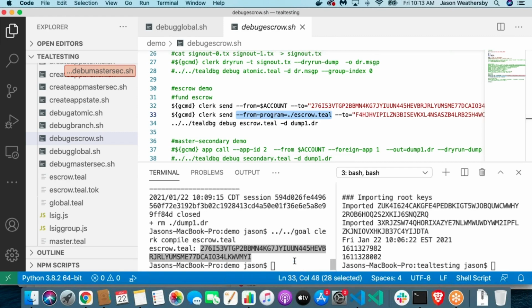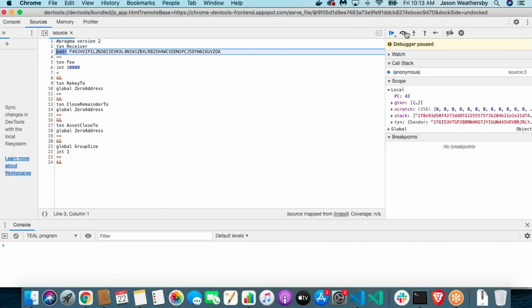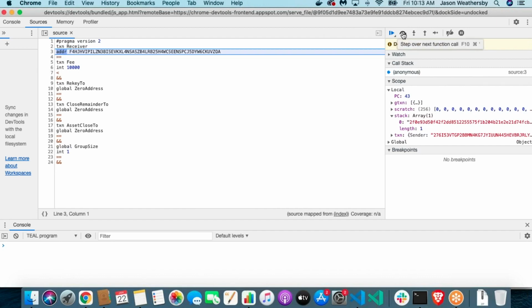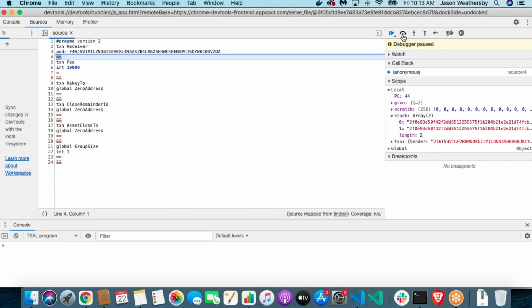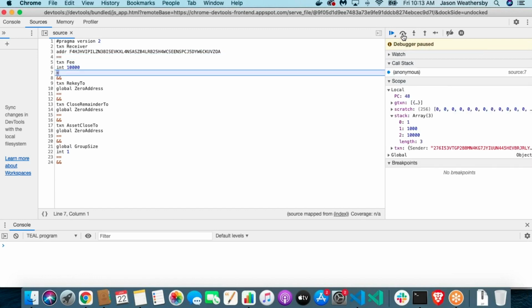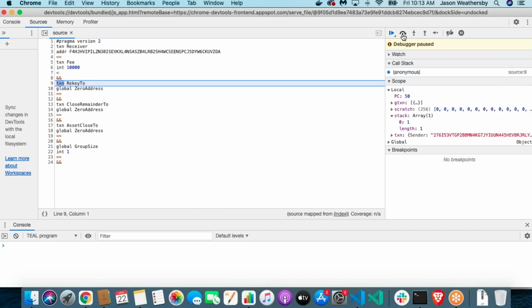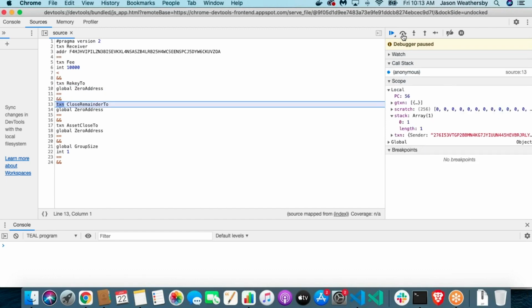So let's run that. All right, and you'll see here, this is evaluating. Now, keep in mind, it does get evaluated at a different time, but same basic process. I'm going to check who the receiver is. When I do the addr, that pseudo op converts it, so they're the same. Then I'm checking the fee to see if it is less than a certain amount, which it was, and those two conditions together, and then doing some routine checks,